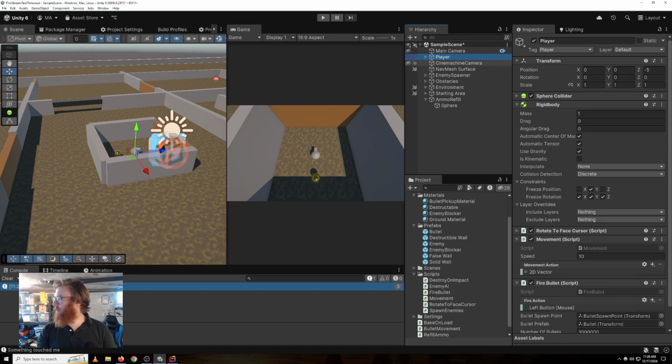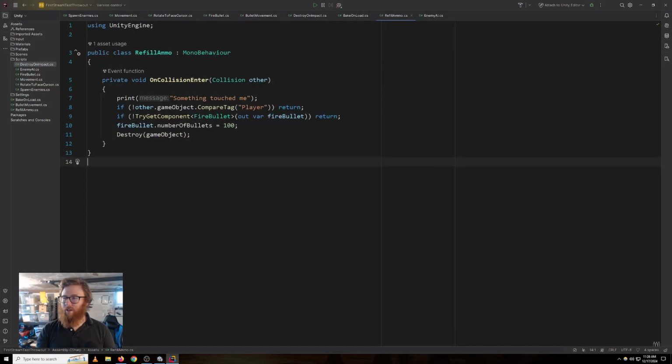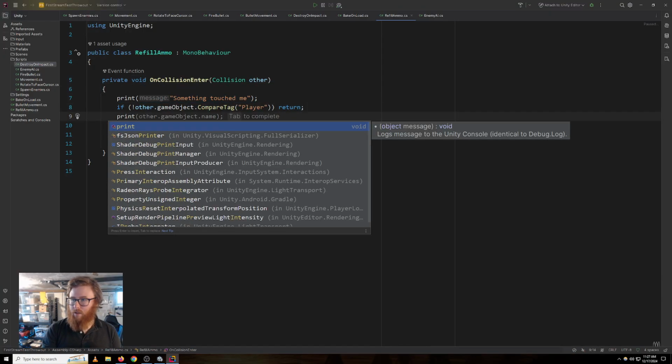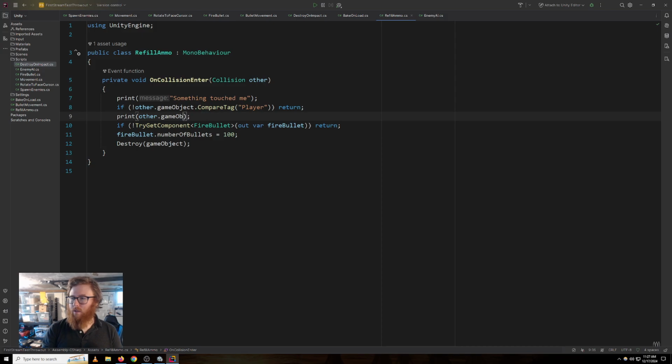The player is marked as the player. Yes. If other game object compare tag player. If not, return. It was the player. Okay, we're going to try to get the fire bullet component. If we don't get it,